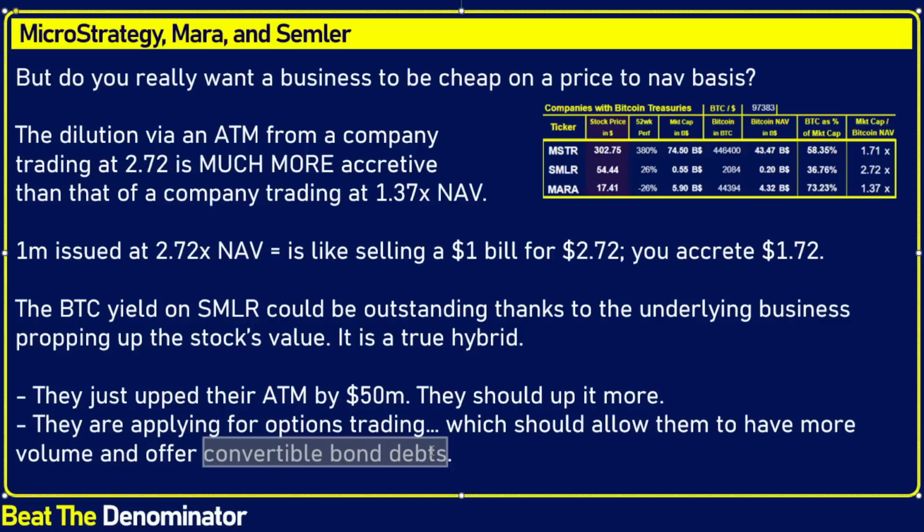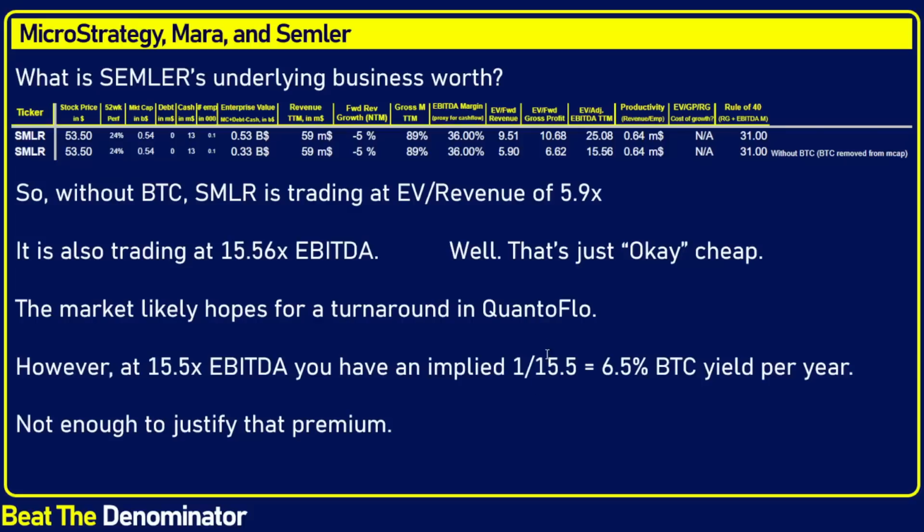It is more expensive, but why is it more expensive? Because much of the valuation of Semler can still be explained by the underlying business. The underlying business trading at a 15x EBITDA can still explain much of the valuation of Semler. In fact, 330 million of enterprise value in Semler is due to their underlying business, and 530 million is the total business. So about 2/3 is the medical device company. About 1/3 is the Bitcoin strategy. That may change in the future.